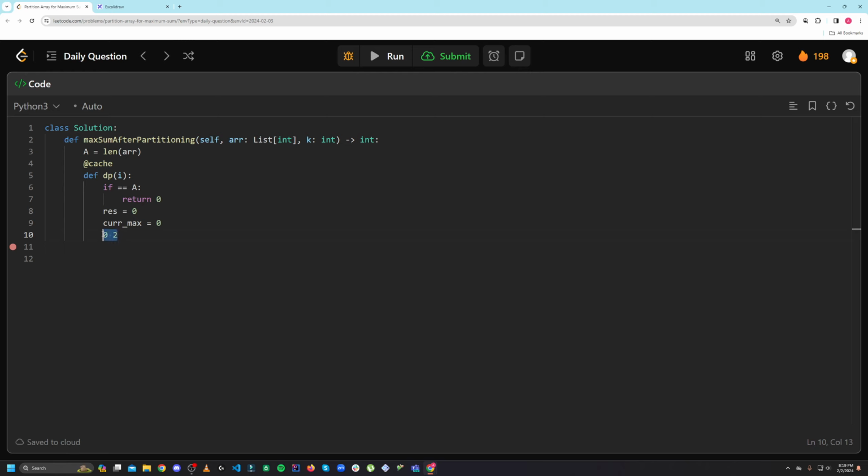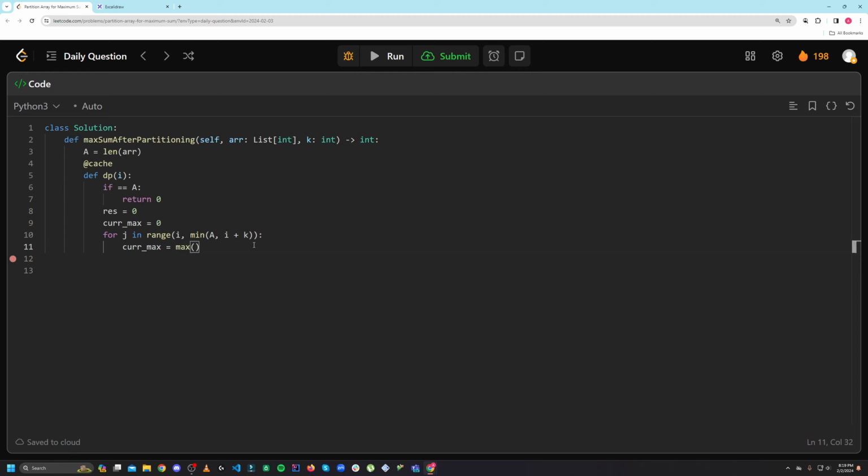And we need to make sure that we're not out of bounds, right? Like what if our array is only length 1? So we will just minimize that with the length of the array. So you can just write for j in range starts at i, minimum of the length of the array and i plus k, just to make sure we're not out of bounds. So if we are out of bounds, we'll stop. Or you could just check in here if you're out of bounds in the loop, and if you're out of bounds, just break or something. That's fine too. So current max